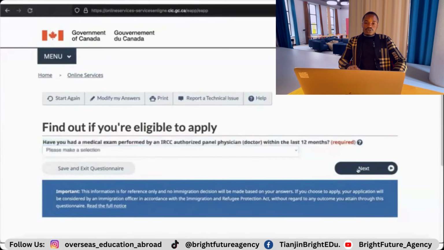Okay, this stage also, you have to understand, if you have a medical exam performed, it has to be with the IRCC, the government's allocated medical center. If you have done it, maybe you just had your blood test somewhere, or maybe even a general food test check, that doesn't mean you click yes there. It has to be done with the medical center appointed by IRCC, which is the Canada government